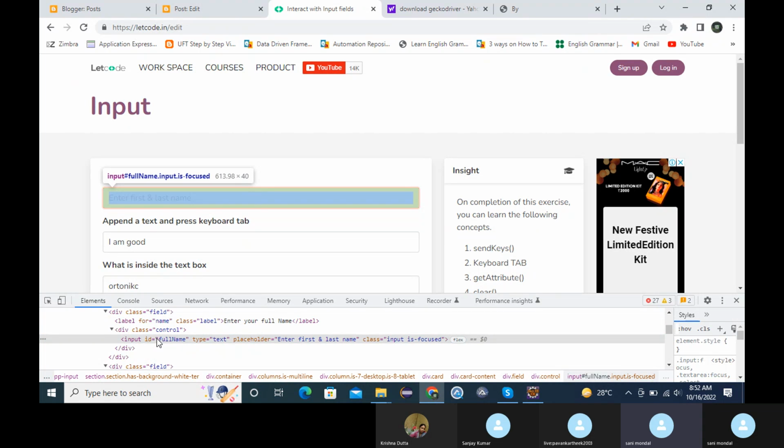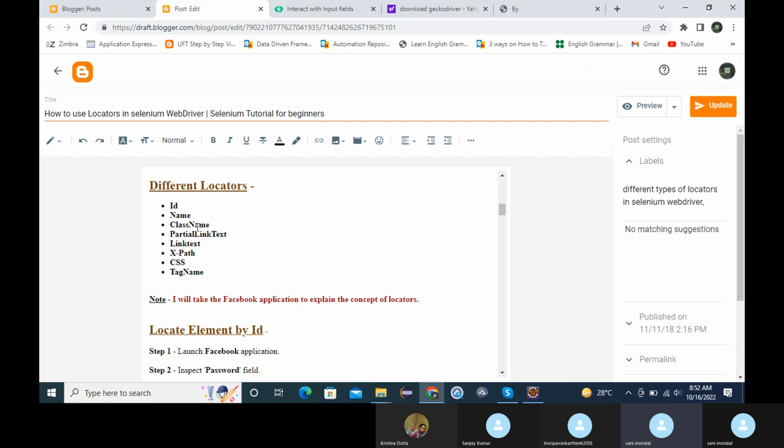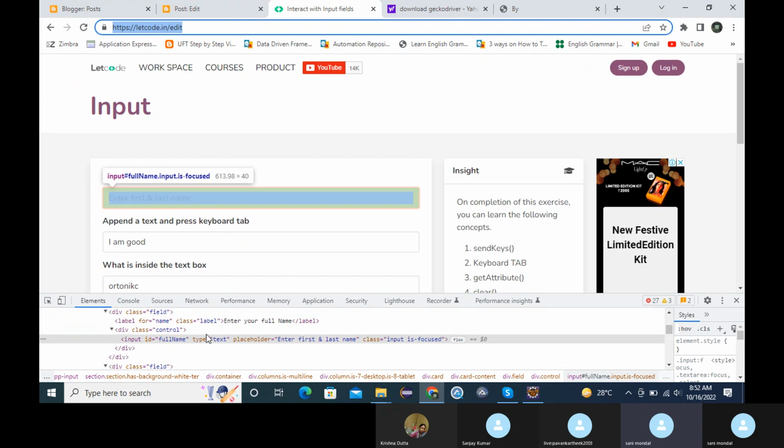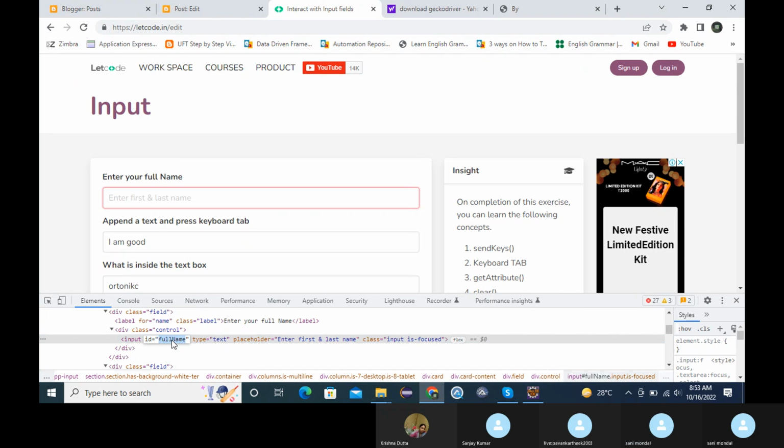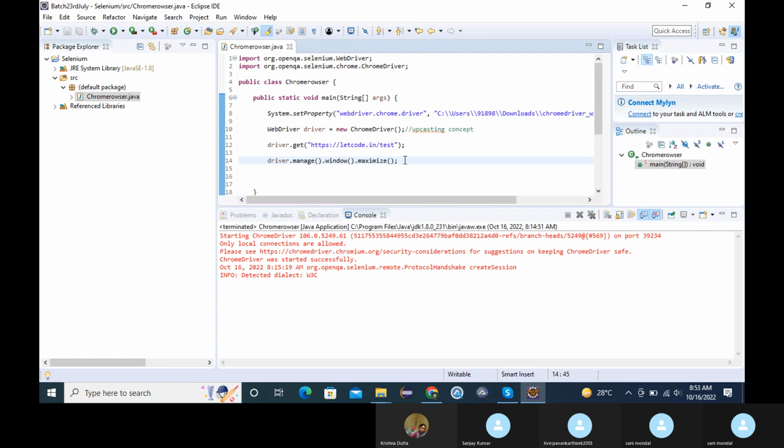Here you will try to find any ID or any class, any name, any partial link text, anything from these options available here or not. So we have ID. So you can use this. How you will use this? From this ID, you will copy this value. Now, just after this line, you will write driver dot